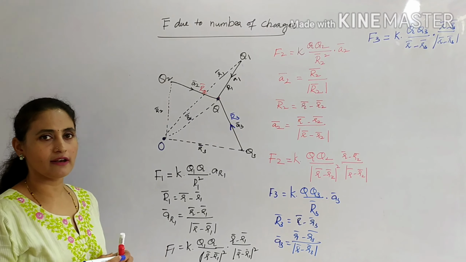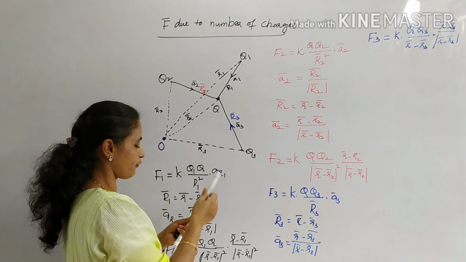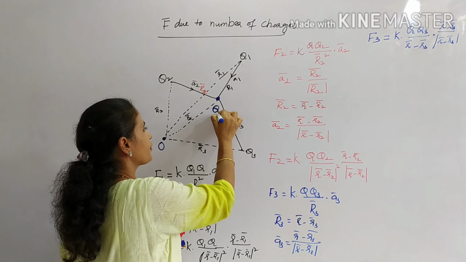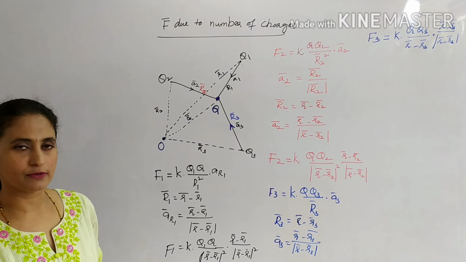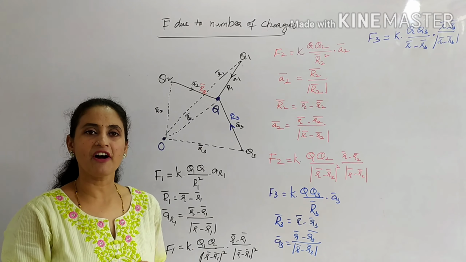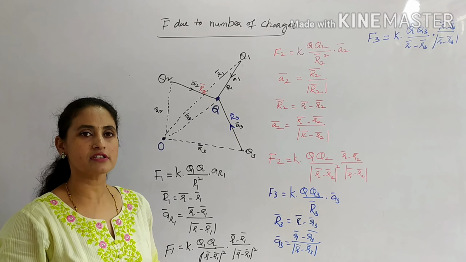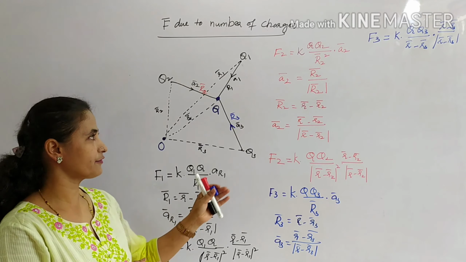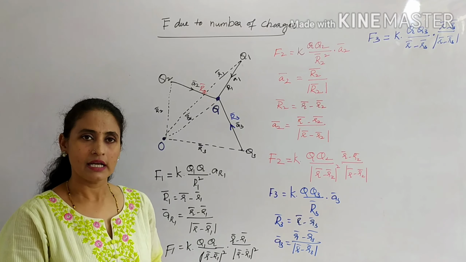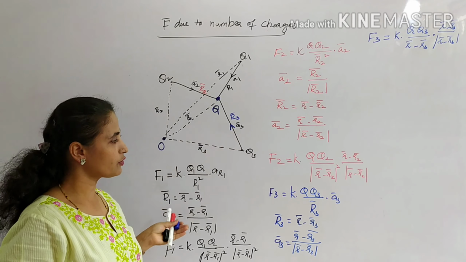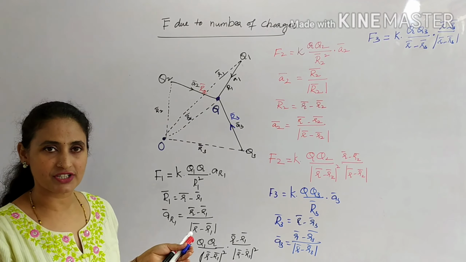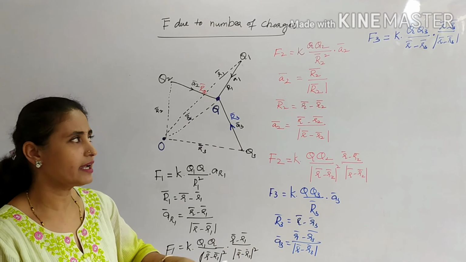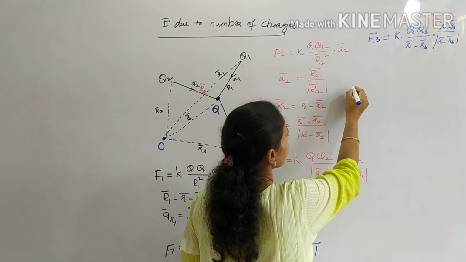Now, in whole, we wanted to calculate what is the force experienced by the charge Q. What will it be according to the superposition principle? It is the sum of individual forces introduced by Q1, Q2 and Q3. Let us club all F1, F2 and F3 so that we can find the force on Q. It is not required to be only 3 charges. If there are even n number of charges, we follow the same procedure. So let us find the F.